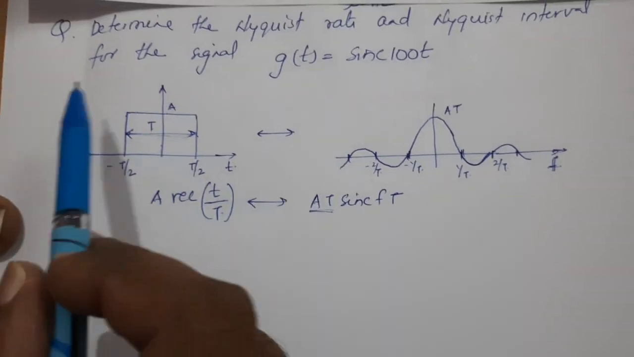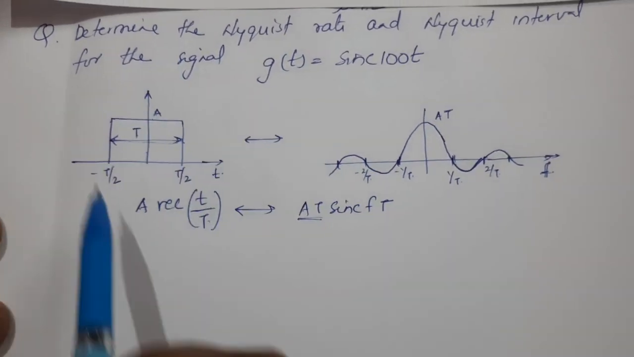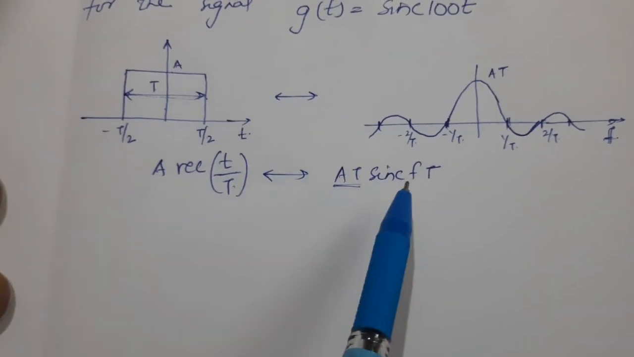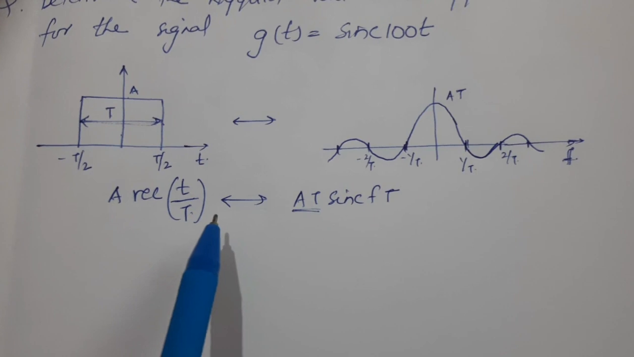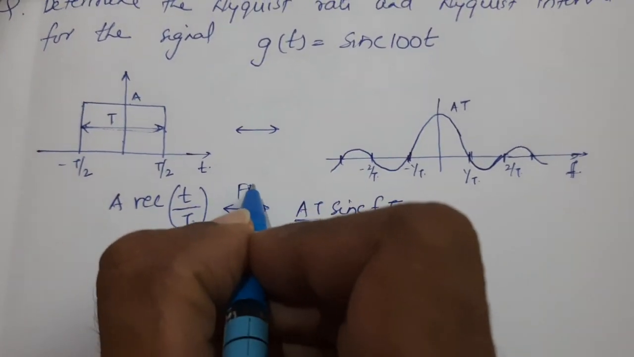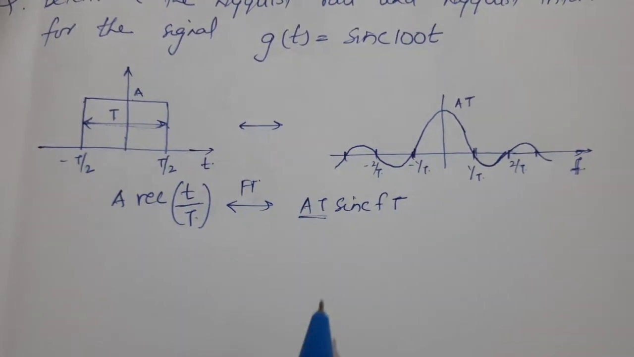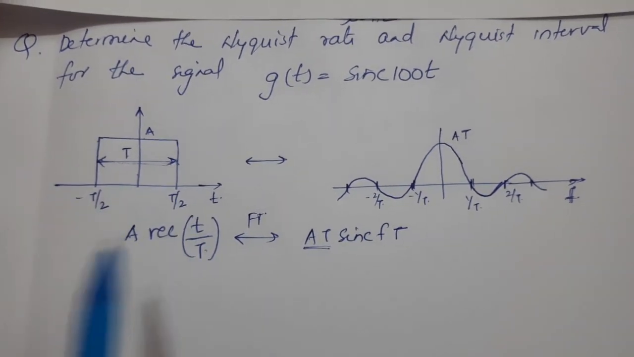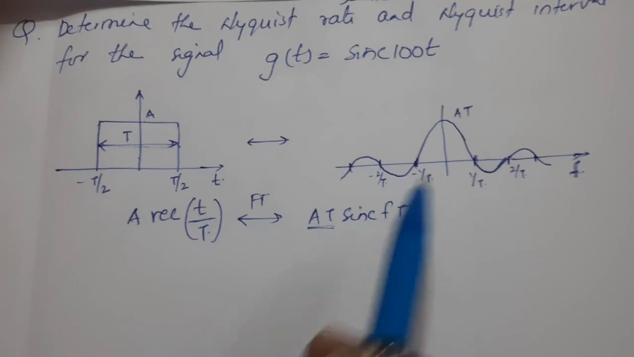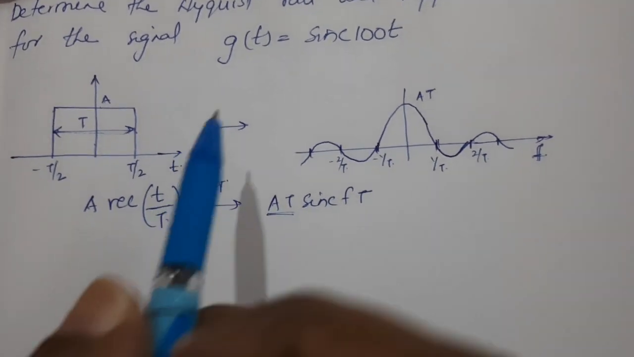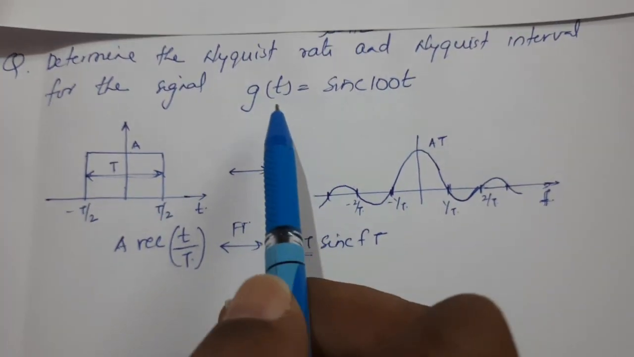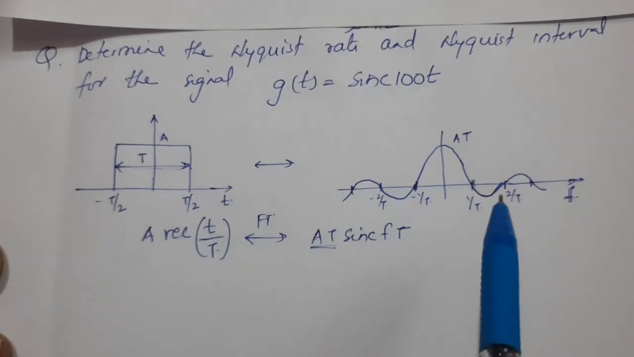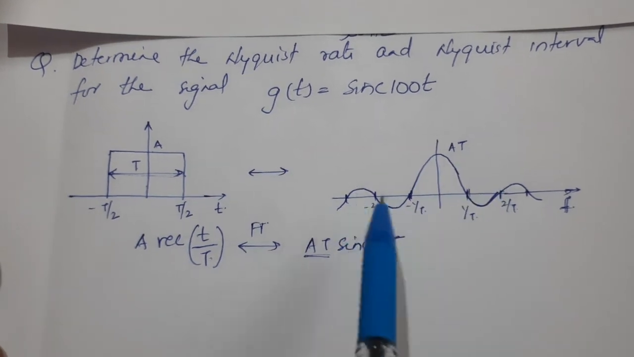So please remember this identity, that is, the Fourier transform of a rectangular function is a sinc function. That is, rect(t/T): if you take the Fourier transform, you will get T sinc(fT). Similarly, a sinc function in time domain, if you take the Fourier transform, you will get a rectangular function in frequency domain. So in the given problem, given that g(t) is sinc(100t),